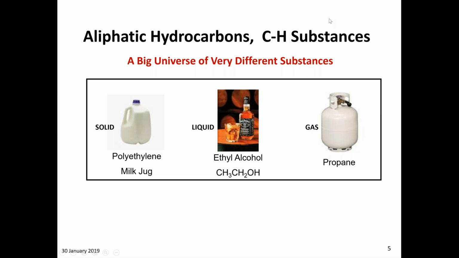Thought it'd be helpful to start with just a little beginning here. Maybe this is trite for some of you, but when we think about the broadness of categories of chemistry, one area that is quite familiar to us is hydrocarbons. They're a really big universe of substances with very different kinds of properties, and this slide is meant to show that. On the left side, we are all familiar with a polyethylene milk jug. That's a high molecular weight solid polymer, but it's a hydrocarbon. On the right is a gas cylinder for the backyard barbecue filled with propane.